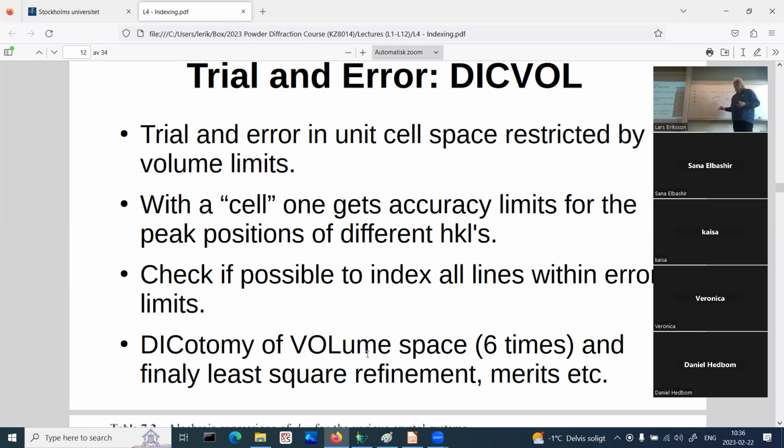The size of this original unit cell is quite small, but suppose we have a plus minus delta A and B plus minus delta B, etc. We can define